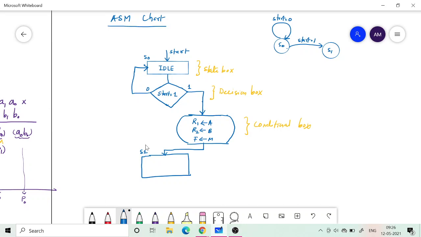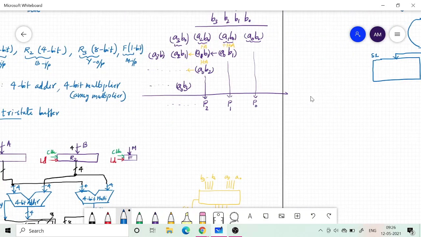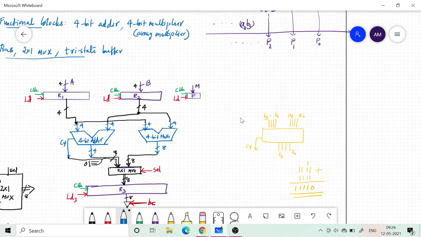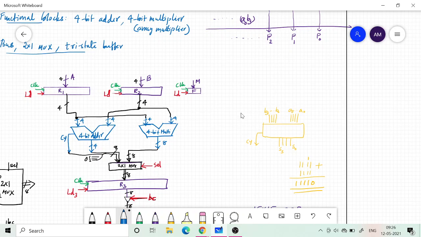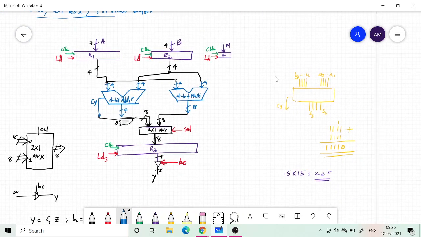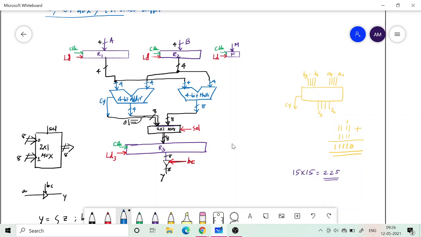Sir, in the previous diagram we could not connect the flag register, M. Here, if M is equal to 0 then the function will be add, and if M is equal to 1, that is decided by the control signals.